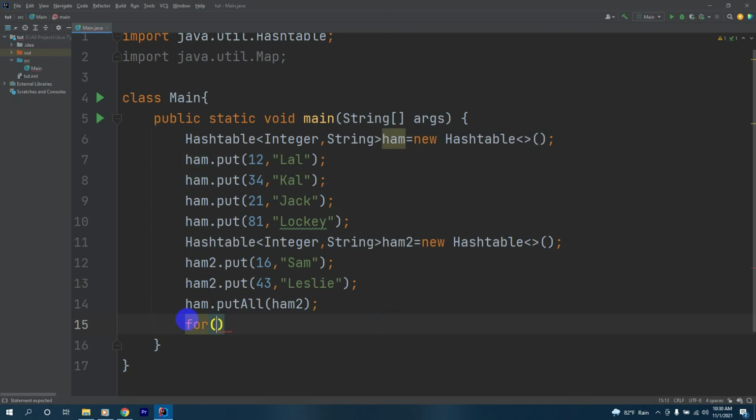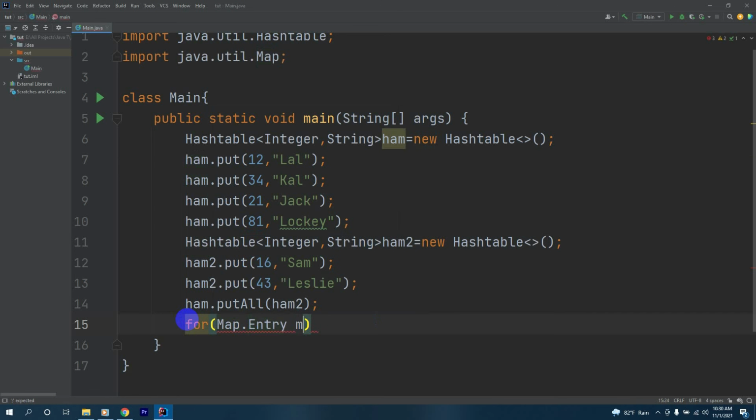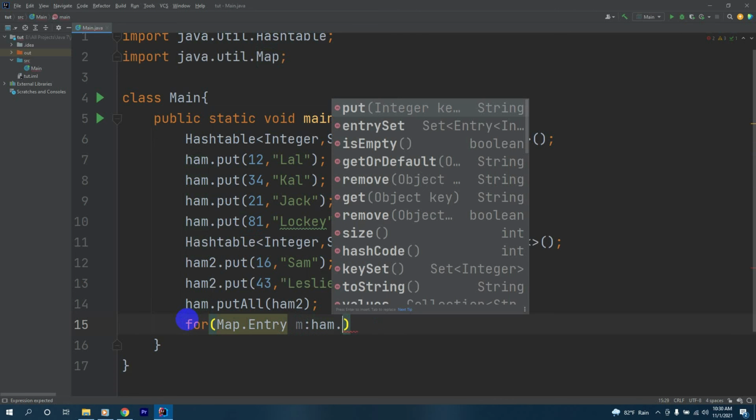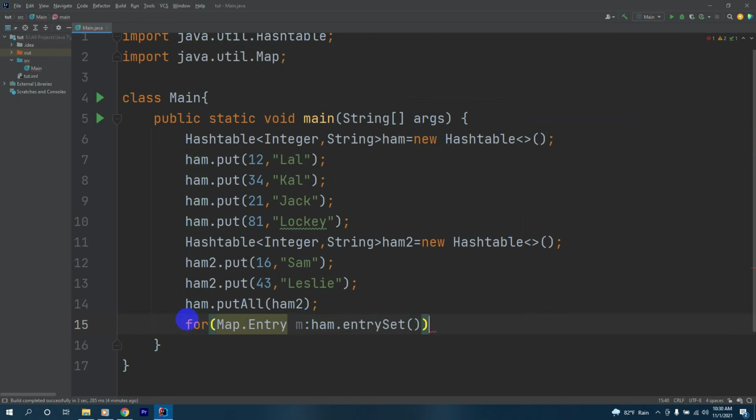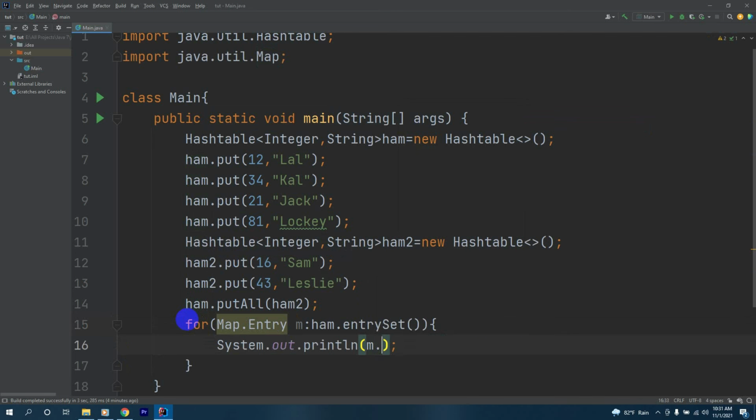We'll say for Map.Entry m = ham.entrySet, and we'll have our key value pairs printed as s out m.getKey plus a space, m.getValue. Let's print this and check the output.